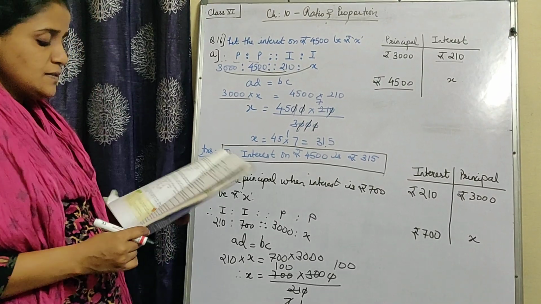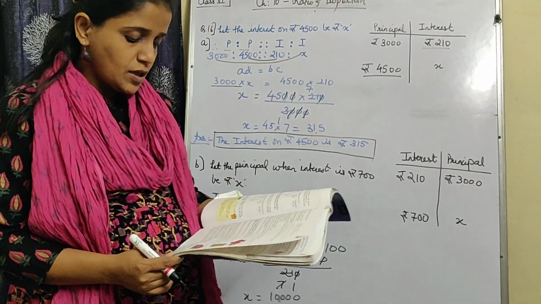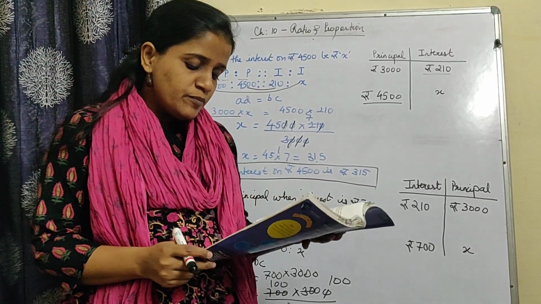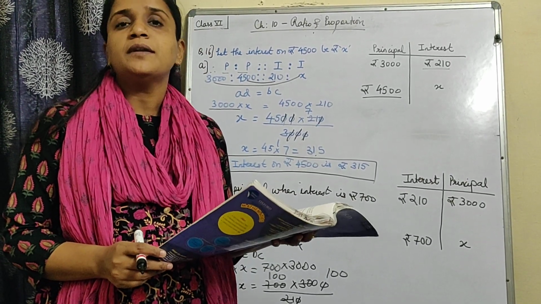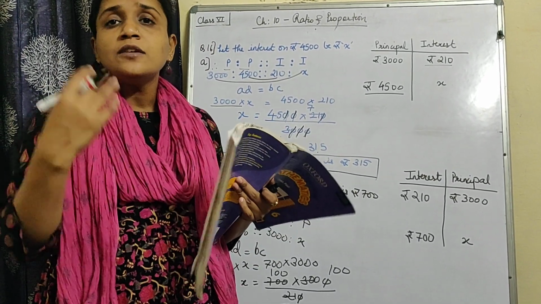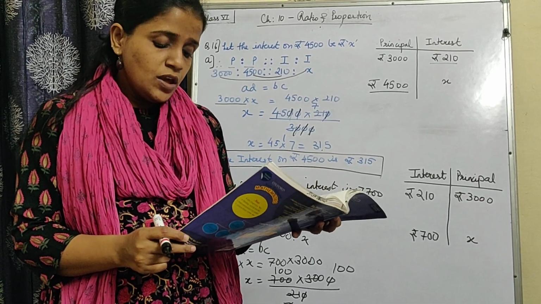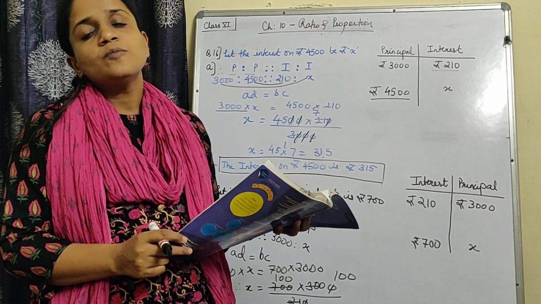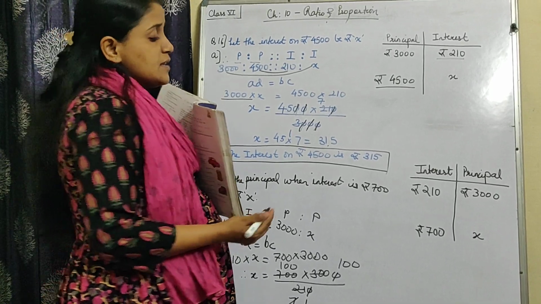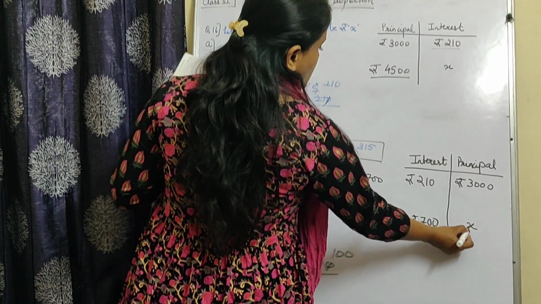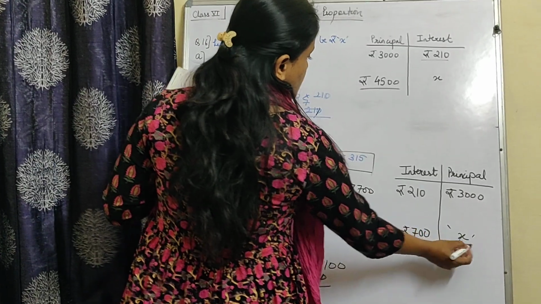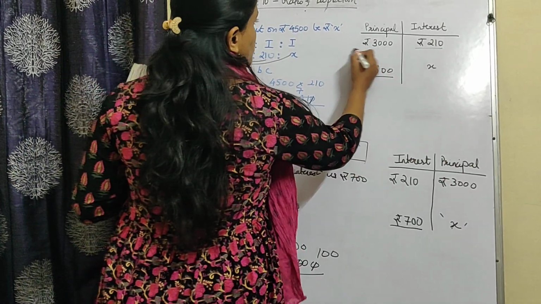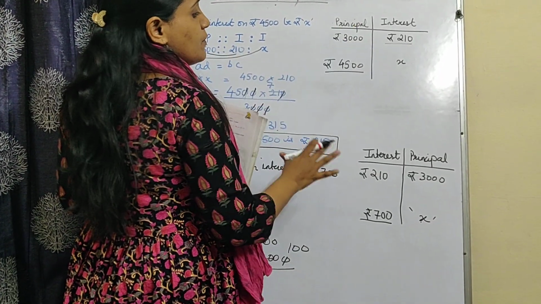This is the first answer, but our question is still not complete. There is the second part, the B part of this question, which says that if one wants to get an interest of rupees 700, what should be the principal? So interest, if one wants 700, what should be the principal? So let the principal be x. Principal is asked here, so here the heading will be principal. The earlier information will be the same because the question is the same.